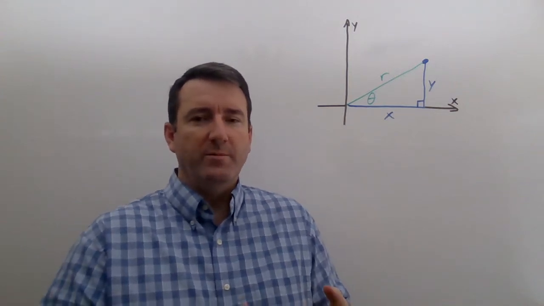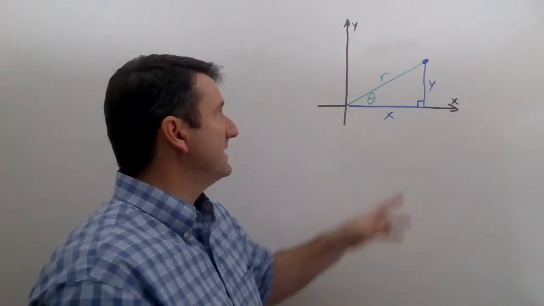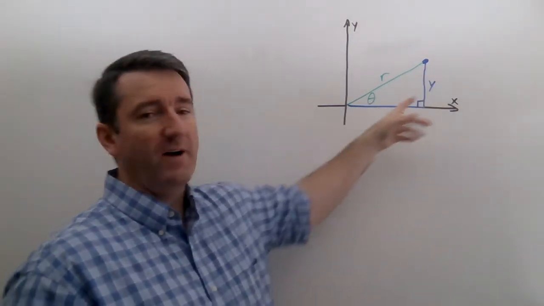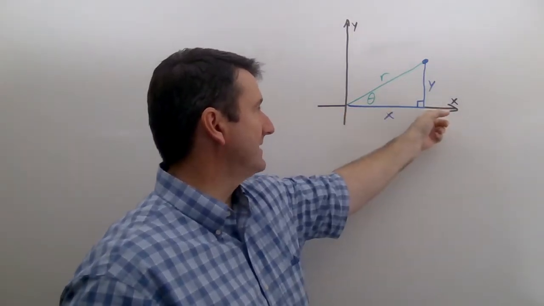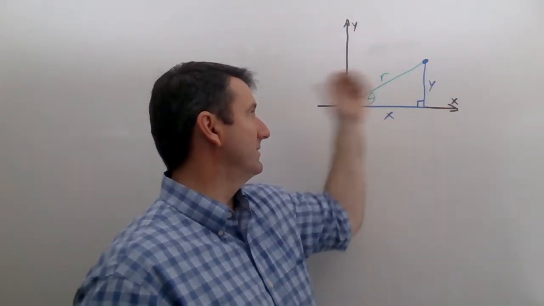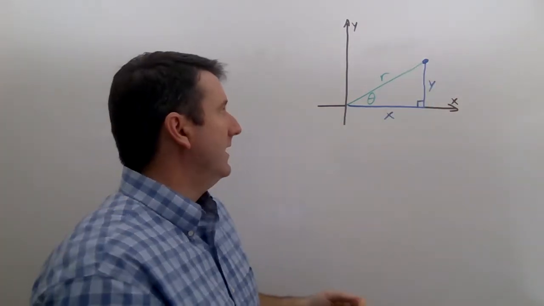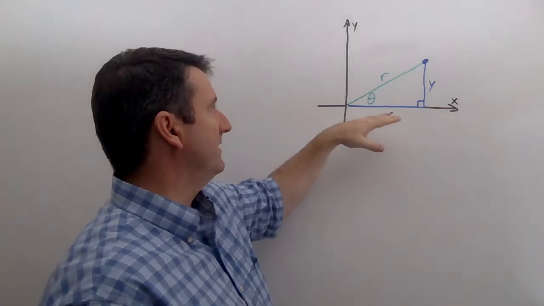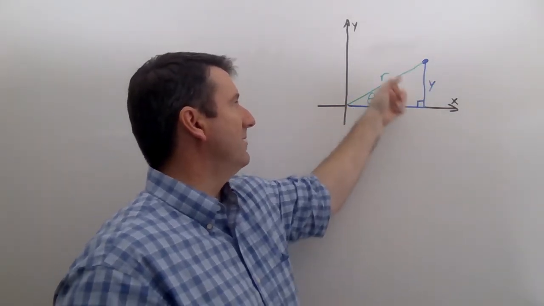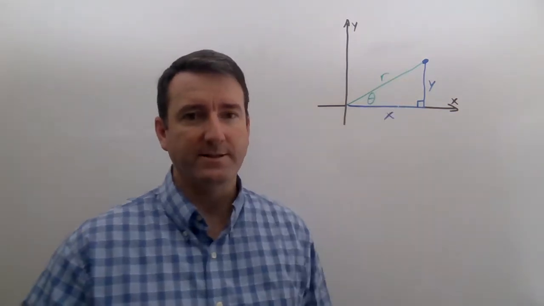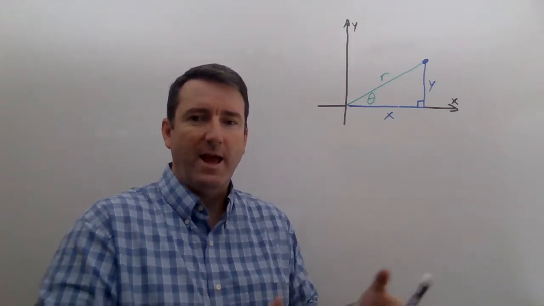All right, in this lesson, we're going to be converting from rectangular coordinates to polar coordinates. So if we've got some point in space, we define that point in rectangular coordinates as some distance x to the right or to the left, and then some distance y up or down. And in polar coordinates, we define that point as some distance from the center and some angle up from this polar axis. So we've got this triangle here that we can use to try to figure out how to convert